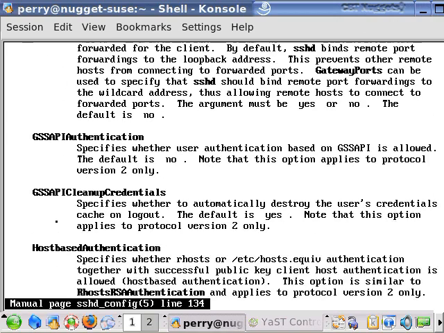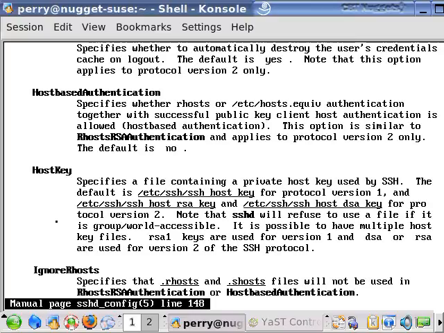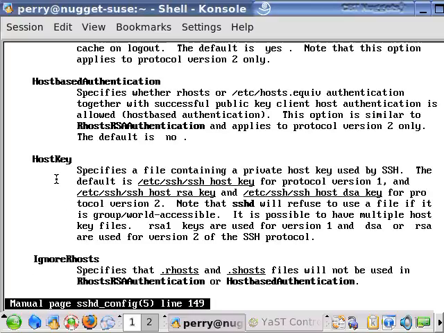Then going down further, there's the host key. So this specifies where the private key for the host is kept. And we already saw up in the SSH directory that there were some keys up there. There were public keys and private keys up there. And there's actually 2 different protocols for SSH, version 1 and version 2. For version 1, you use SSH host key, and for version 2, you can use SSH host RSA key or